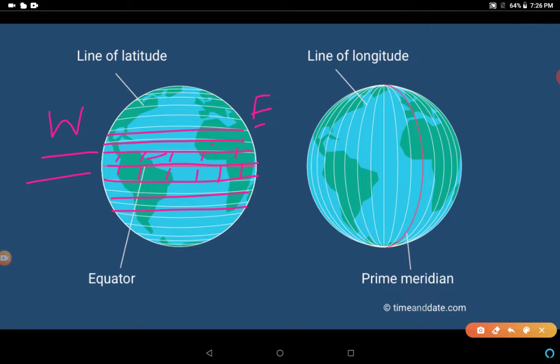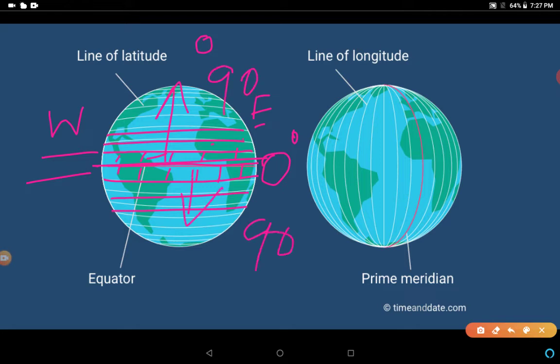These are circular lines. What kind of circular lines? All parallel circles from the equator up to the poles. These are known as parallels of latitude, and latitudes are measured in degrees. For example, this is 0 degrees. The equator is at 0 degrees. Clear? And the number of latitudes, this is very important to understand, is 90 lines in the northern hemisphere and 90 latitudes in the southern hemisphere.